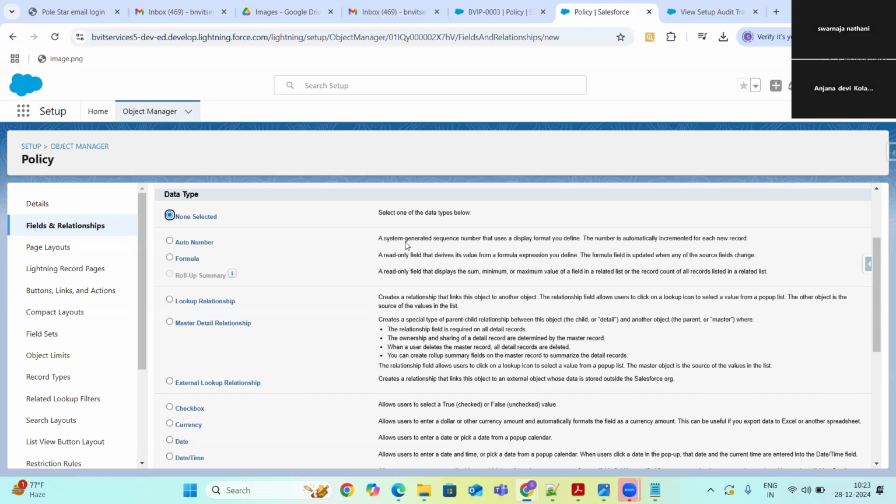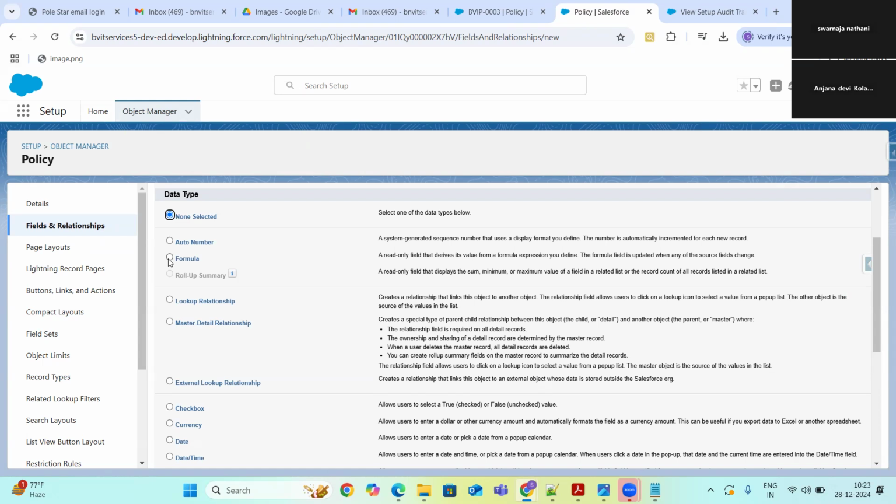And column 3, you are going to make it as a formula field. It will just sum up field 1 and field 2 values. Such kind of things, we always use these formula fields. So we use, left and right, formula fields in our flows and validations. Basically, those are the two automations that we do as an admin.